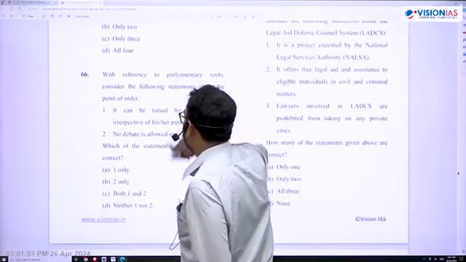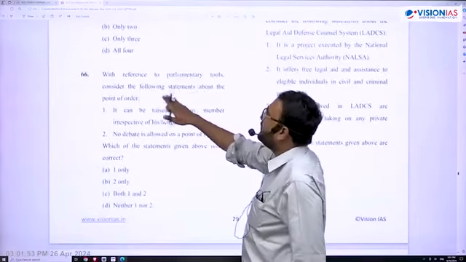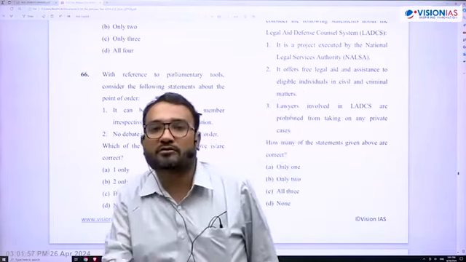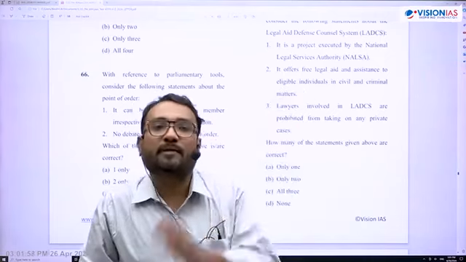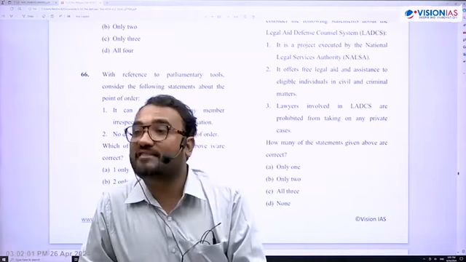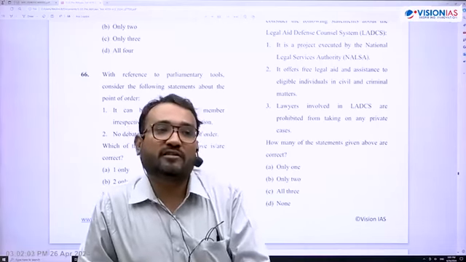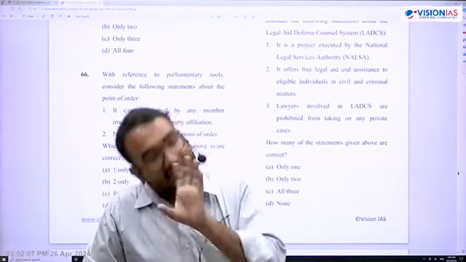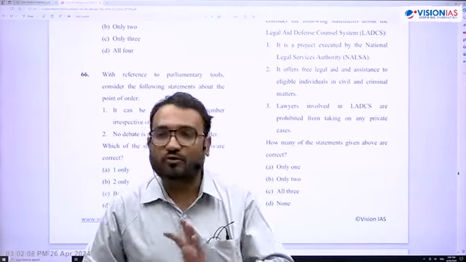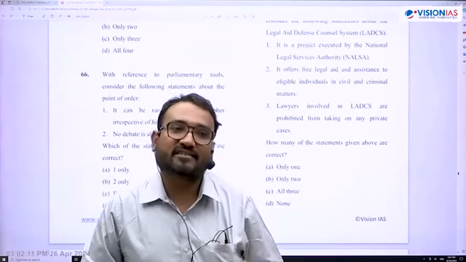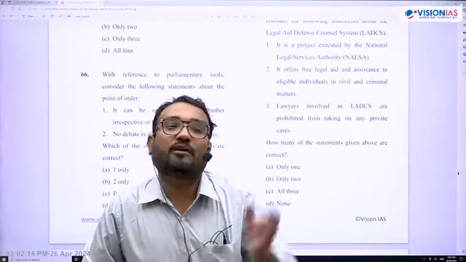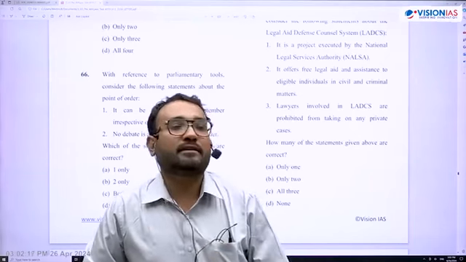Okay. With reference to parliamentary tools, consider the following statements about point of order. Many years back, I was watching the proceedings of parliament. Sushma Swaraj ma'am was there in opposition. So I still remember that there was a point of order raised. In general, when you watch the proceedings of parliament, opposition parties raise. There is no such rule, but in general, who raises this? Opposition party. When you see that the house is not going, quorum nahi hai, how somebody is doing something which